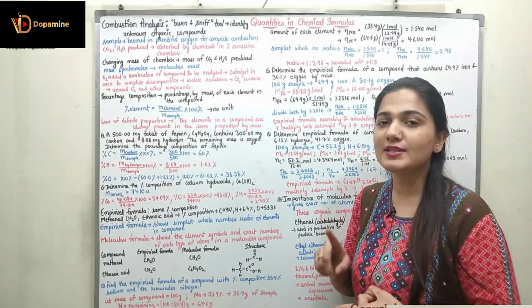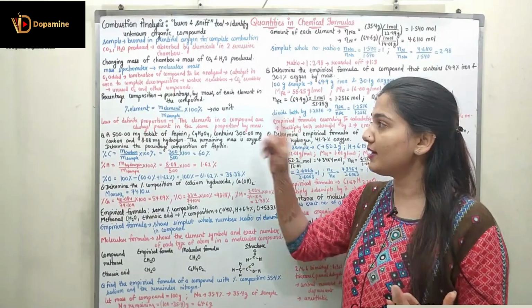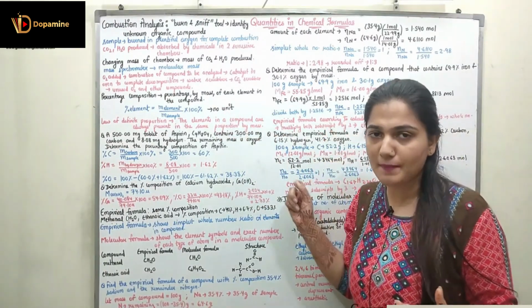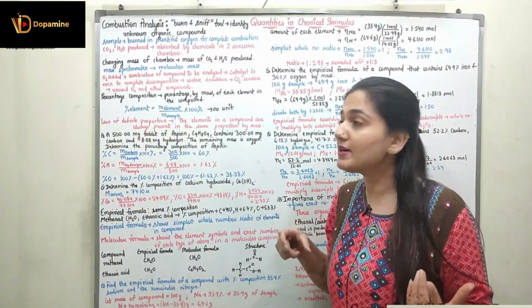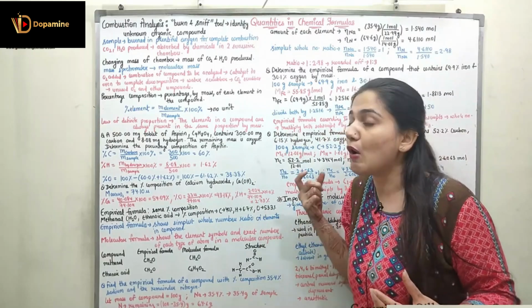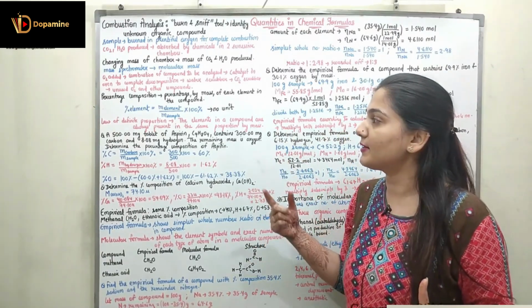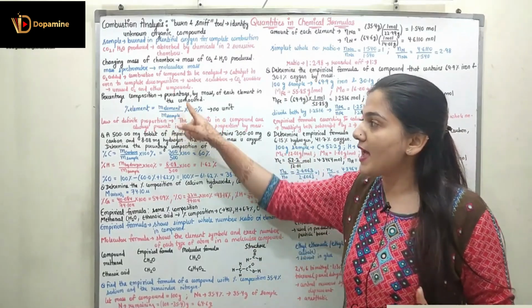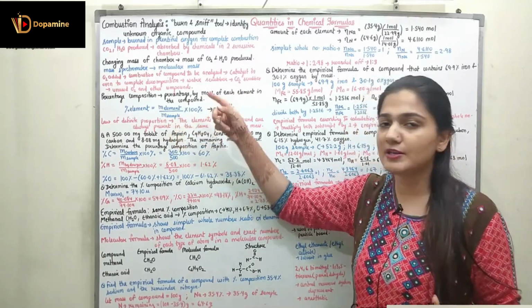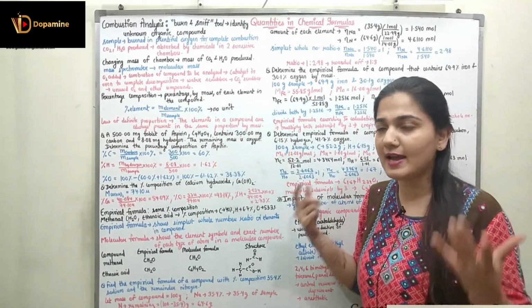So now coming to the second concept, that is the percentage composition. What is the percentage composition? Here we are finding out the percentage by mass of each element in the compound. Each element is found out as a percentage in the compound. So percentage of the element is calculated as the given mass of the element upon the total mass of the sample multiplied with 100%. So the mass of the element will be represented either in gram or AMU. The mass of the sample is also represented in the same unit. So the percentage composition will not be having any unit.